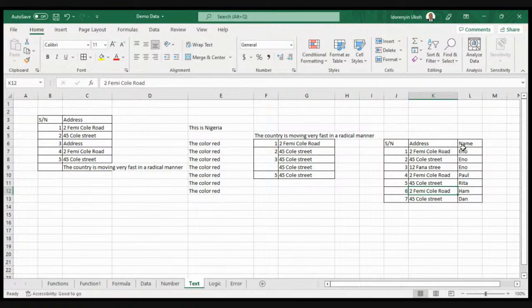So instead of us replicating Eno on all the addresses that belong to Eno, there's a function called merge on Excel. I can merge these cells, and it just represents Eno, showing that in your data all these addresses belong to one person.